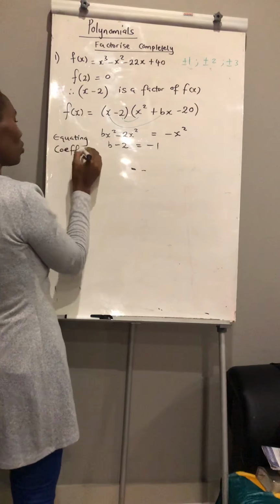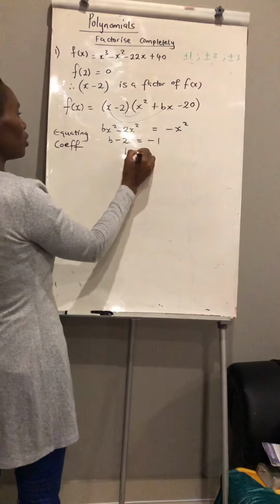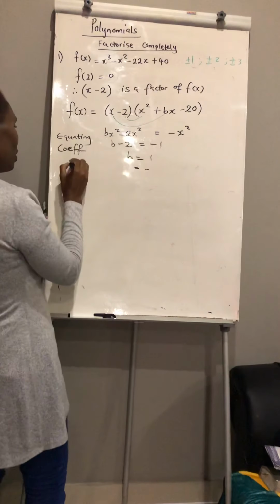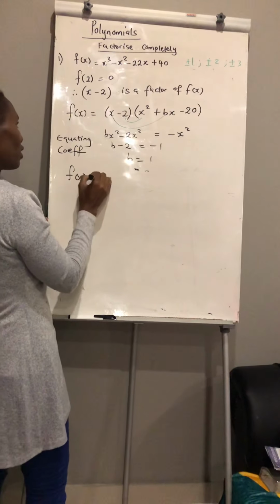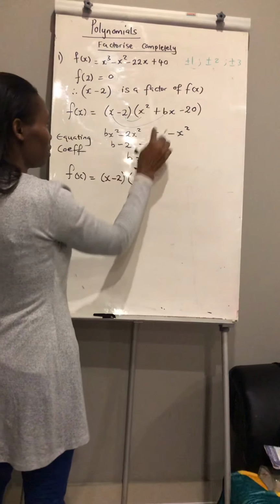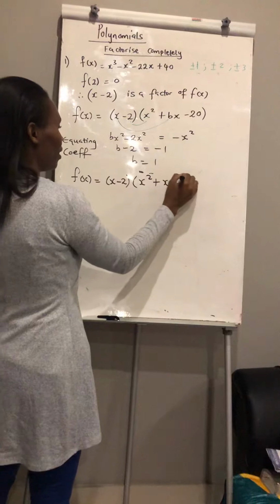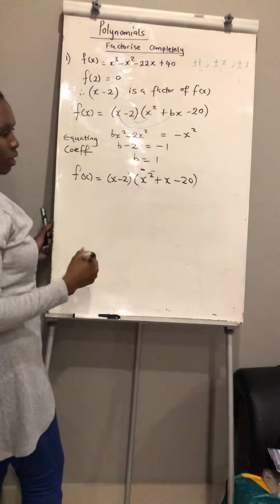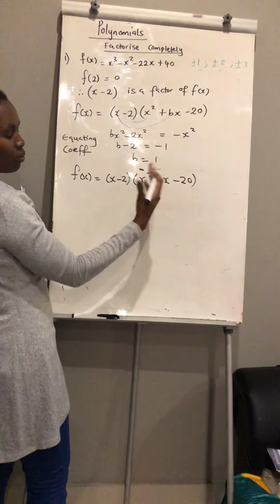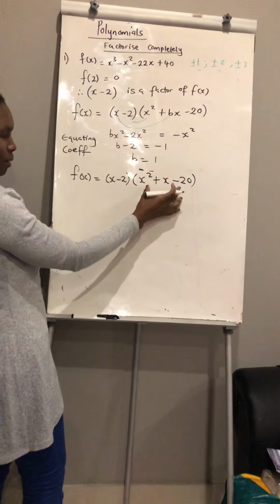Okay, that's what we are doing. So in this situation, notice how your b will be equal to 1. So if b is 1, if I am to fully factorize this one, I'll say x minus 2. Notice now I'm going to put 1 there and that. At times you'll be done factorizing, you may find that the second bracket won't factorize any further, but in this